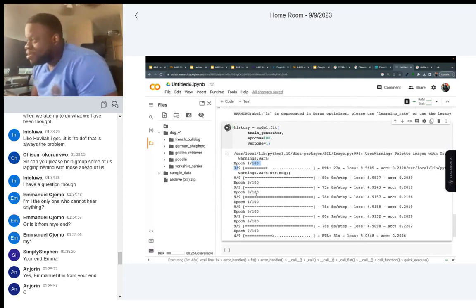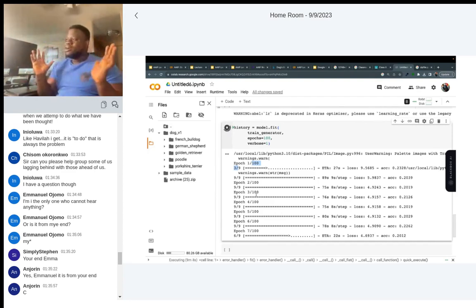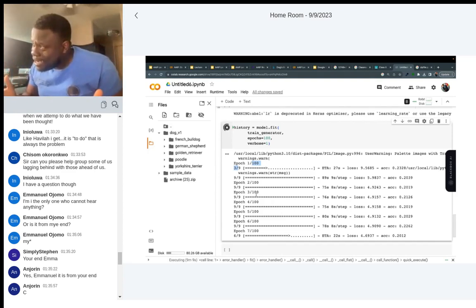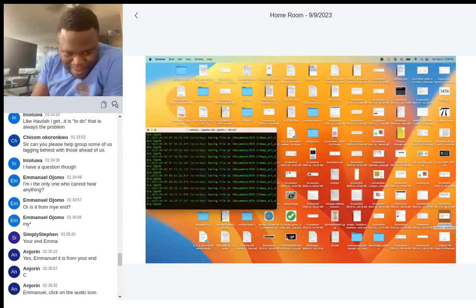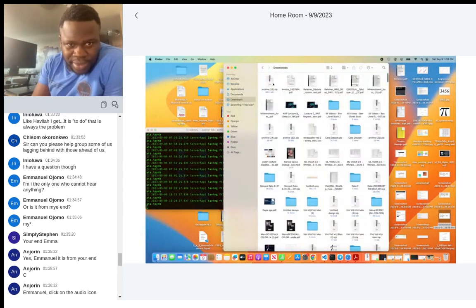Inyolua says, I have a question though. Inyolua, please, what's your question? Yes. My question is, what if we were trying to view our data at that time, all those images. What if I open an image that is supposed to be a puppy and I see a cat? What do you do then? I'm asking you, what do you do then? I don't know. Maybe it's supposed to be a French bulldog or something, and then I see a German Shepherd, or I see a very cute cat or something.